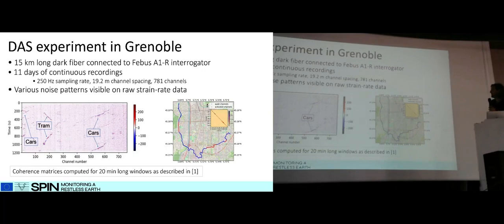Somehow my PowerPoint is a bit independent. We calculated coherence matrices for these. Basically, the coherence between all different channel pairs, or stations, as they call them in DAS, which is similar to calculating cross correlations between all the channels. Here's one of these matrices, which shows the coherence values between all the channels. We do this because we expect that if we have some signal in the data, for example cars, then all the channels that have this car signal or this tram signal in the data will have a higher coherence than channels which just record something independent.